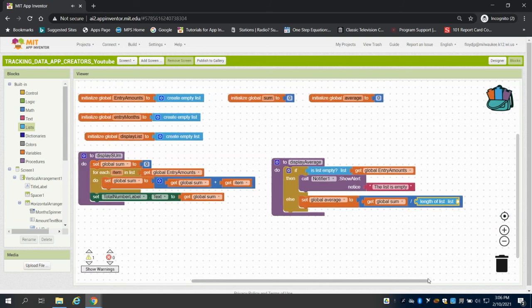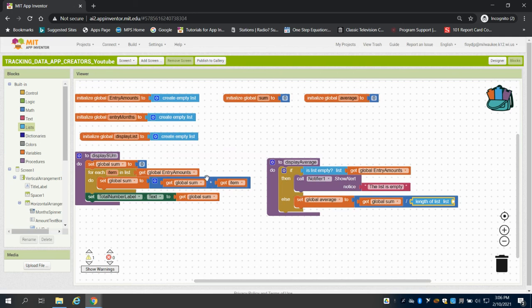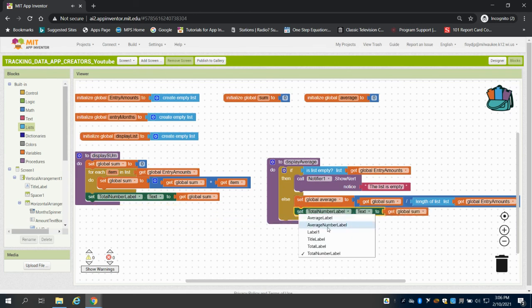And I'll move this over so you can see. And I'm going to divide it by the global entry amount. So the length of that list divided by that will give me an average. And what I want to do then is I can duplicate right from here. And I want to display that average. So I'm going to say my average number label. And I'm going to do the text of that equal to my